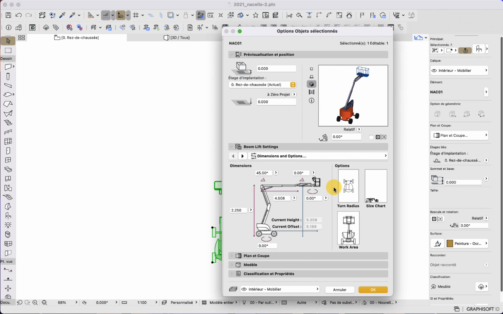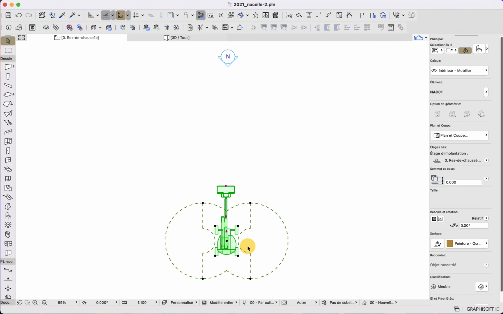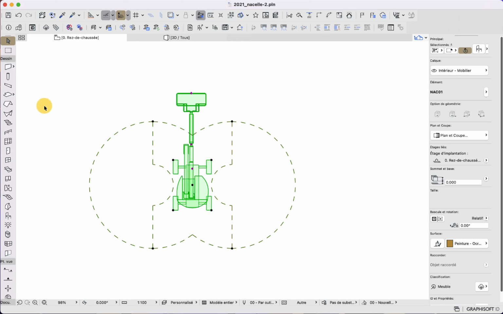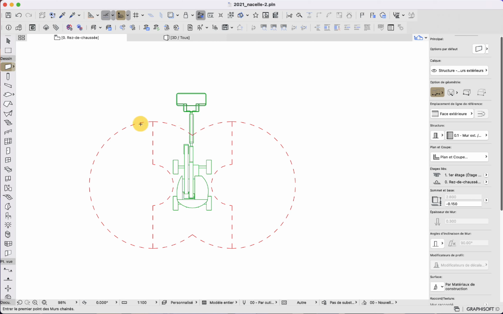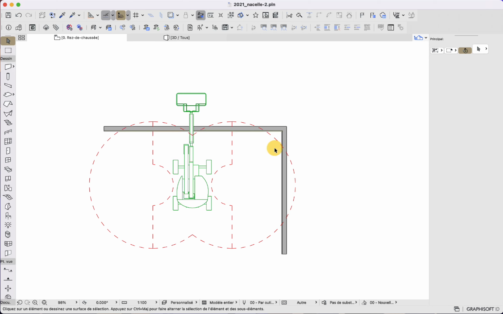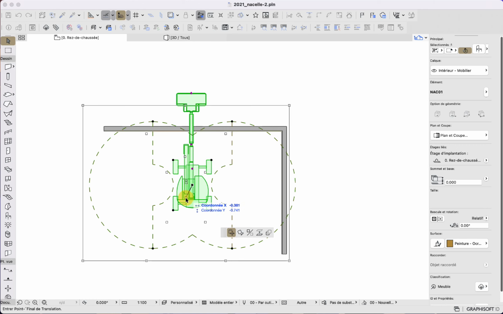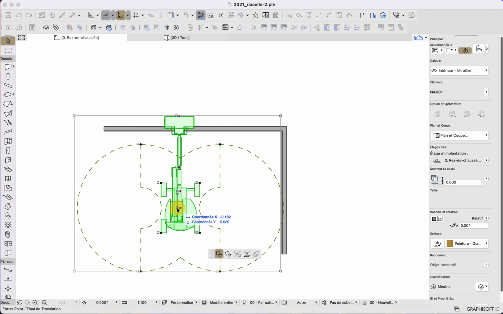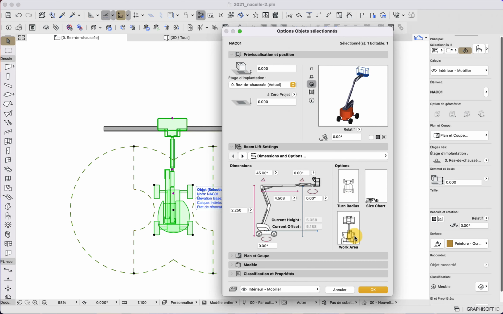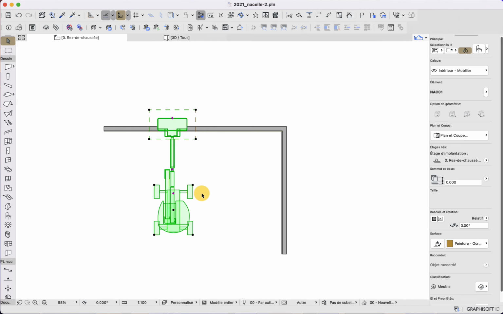When it comes to the visual help, we see the same. The turn radius is a bit more complete here. We have the outer radius fully drawn, so that when I am in a side plane or simply in plan view, if I have some wall like that, I know now that I cannot maneuver this machine. I need this machine to be a bit further from the walls in order to properly turn. For the work area, it's simply a rectangle.